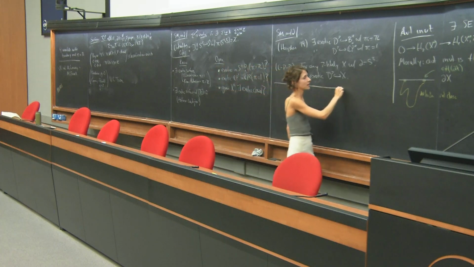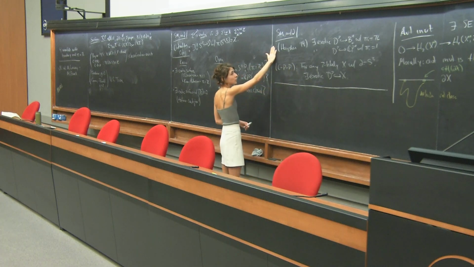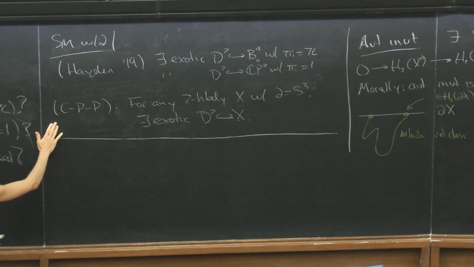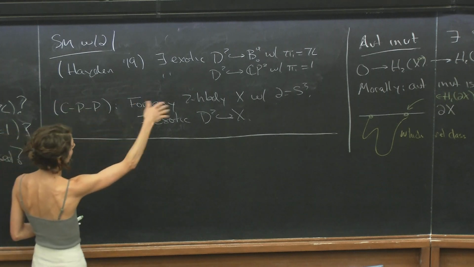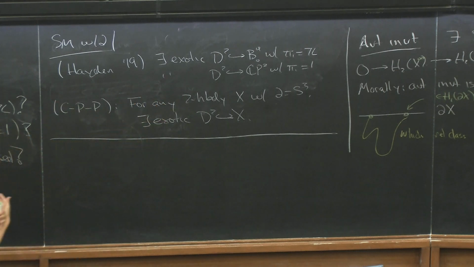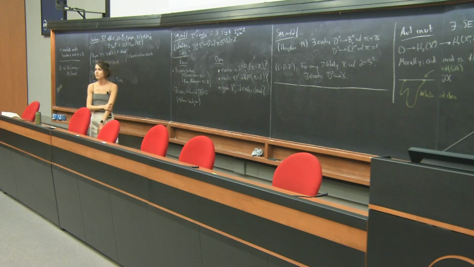For the rest of the time, I want to outline a proof of Kyle's result. Our proof relies on what Kyle does, and then you need to do more. But the techniques Kyle uses are, I think, really beautiful and also very common in the literature about exotic manifolds or surfaces with boundaries. So let me try to give you a flavor of what that looks like. Questions before I do?